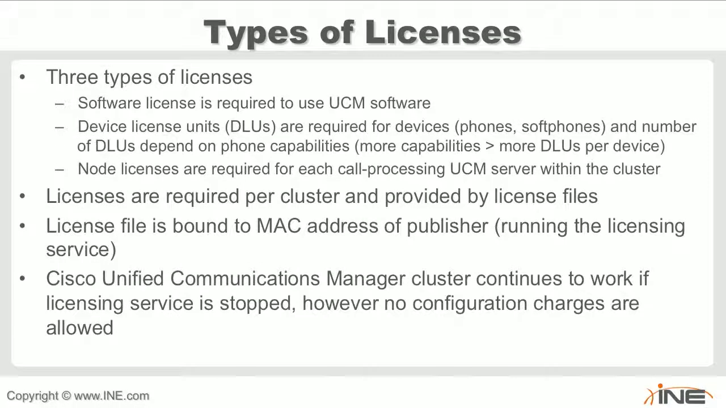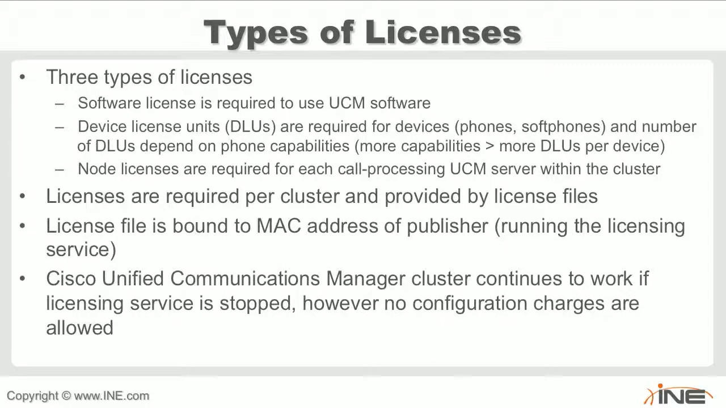So taking a look at the types of licenses, we have three different types. One is a software license required just to use the UCM software to begin with. The next are DLUs required for the devices, phones or soft phones or whatever. And as I mentioned, they're dependent on the phone capabilities. Next are node licenses, and these are required. So the software license is just to run the CCM software, or the UCM software itself, period, just to install